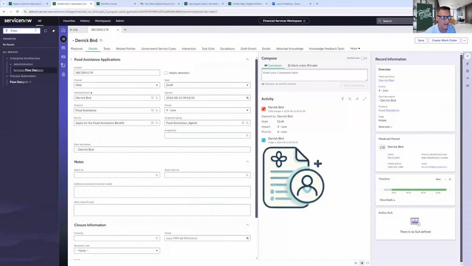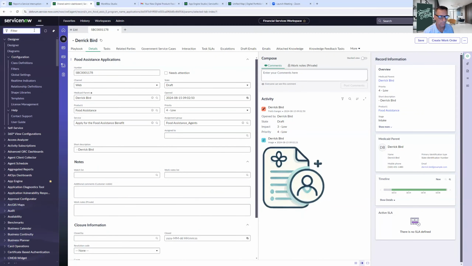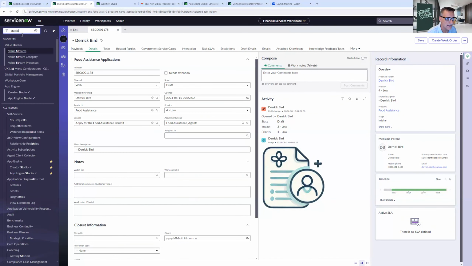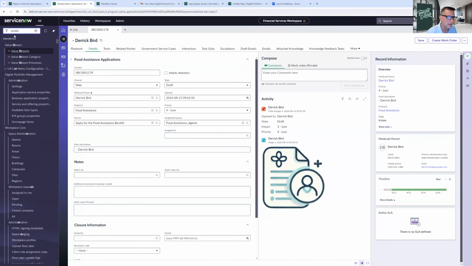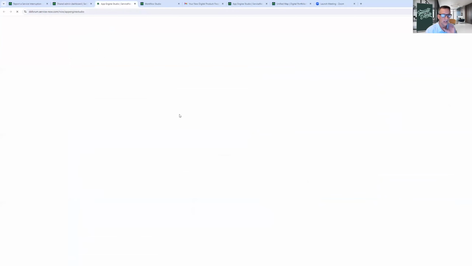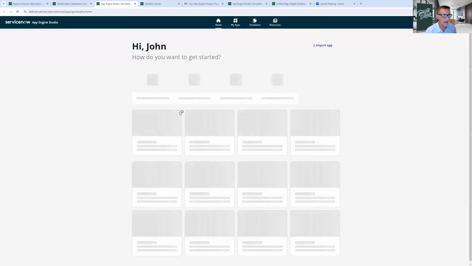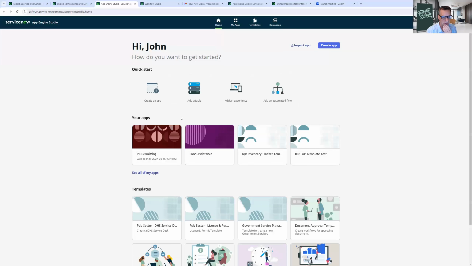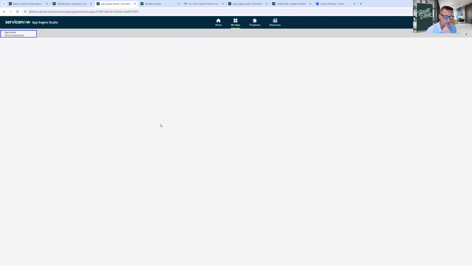Because I got off track a little bit, but it's going to give Lou access to the studio, right? So basically Lou would be able to come in to App Engine Studio, which is our low code studio. And he's going to be able to come in and work only on his application, right? So when Lou comes in, because he's not a developer, I don't want to let him have access to my ServiceNow dev environment. So when Lou comes in, he's only going to see his food assistance app, and he